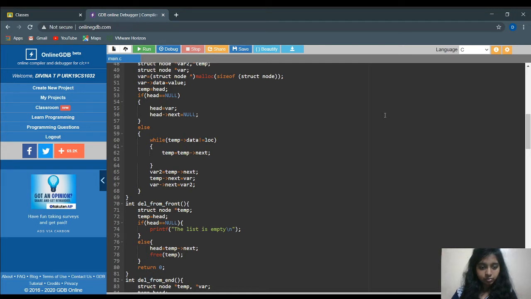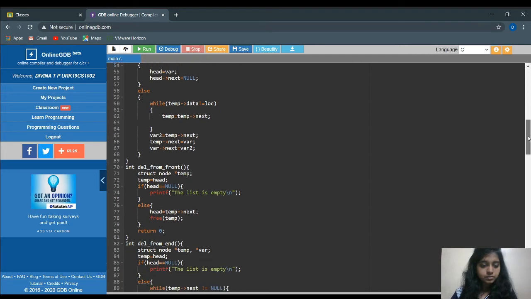Actually our list is a set of numbers, and this function will ask the user for a number, and it will ask after which number in the list we are supposed to insert this number. For that, it checks each and every number in the list with a location. So if I have given a list of 5, 6, 7 and 8, I have to insert the number 10 after 8. It has to check the list right from 5, whether 5 is equal to 8 or 5 is equal to 6. For that I have used this while loop, and it will be inserted at the correct place.